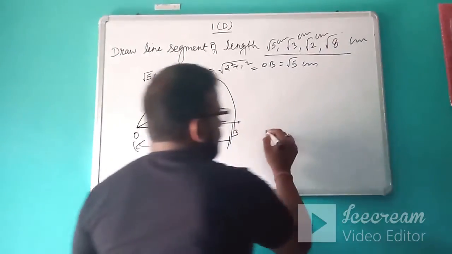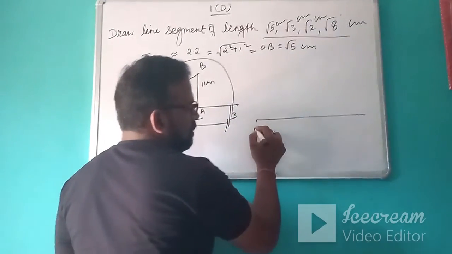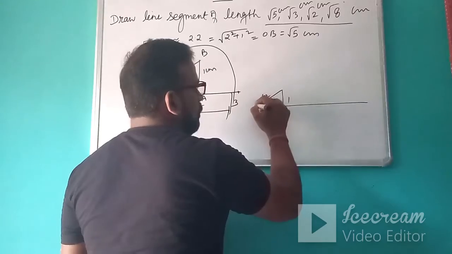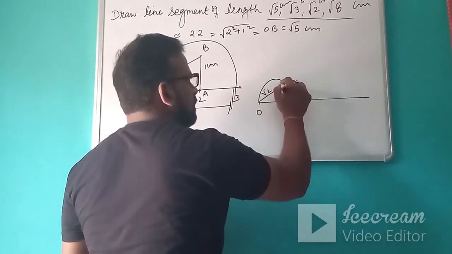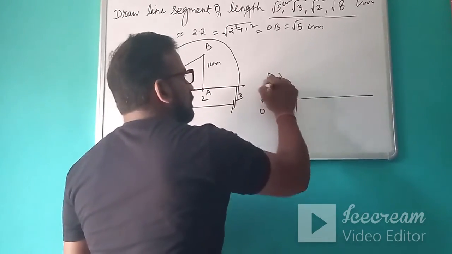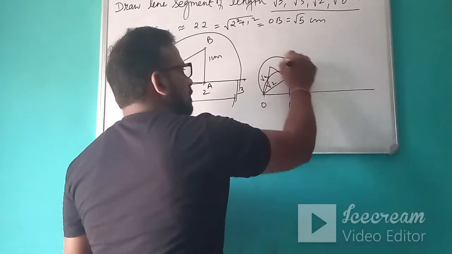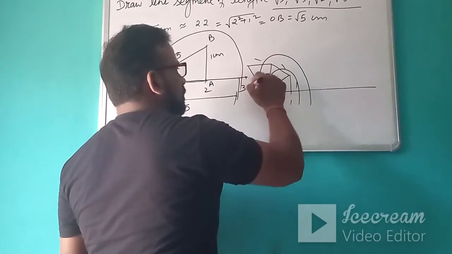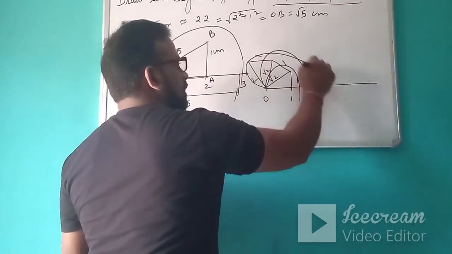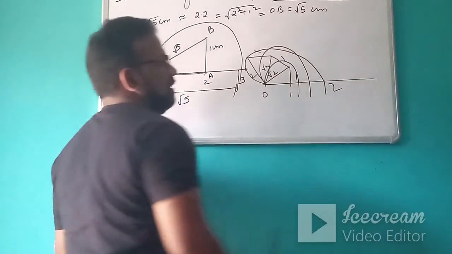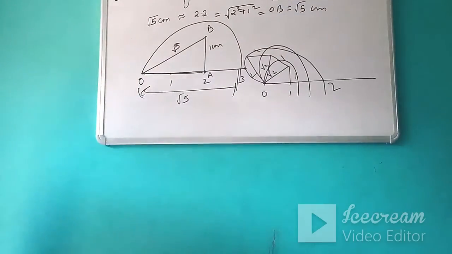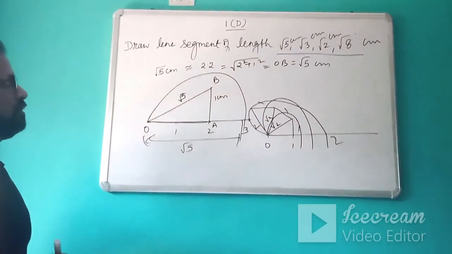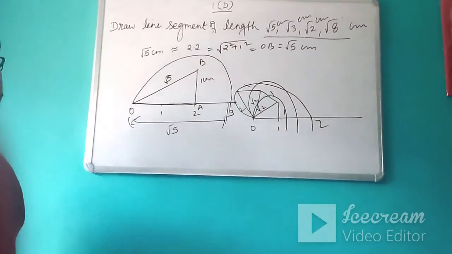Okay, like this you can construct the square root spiral also. This is 0, this is 1, then you will make 1. This is 1, this is root 2. So this is your square root spiral, then again we draw 1. This is your root 3. This is again 1. This will be your root 4, which is 2. Okay, like this. This is known as the square root spiral. So this is how you can represent the irrational numbers on the number line, or you can construct the line segments of these irrational values.